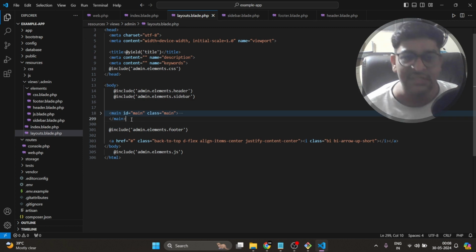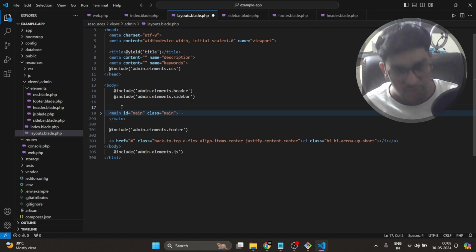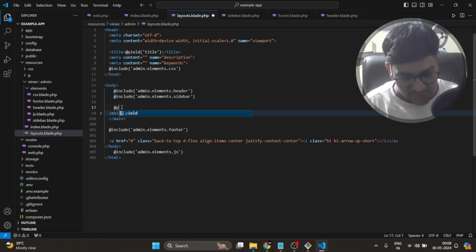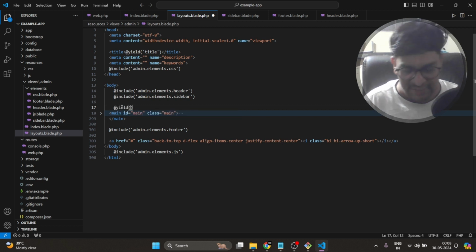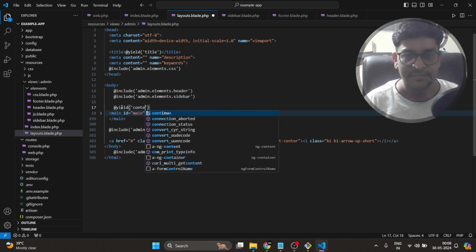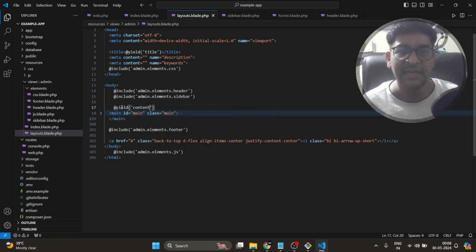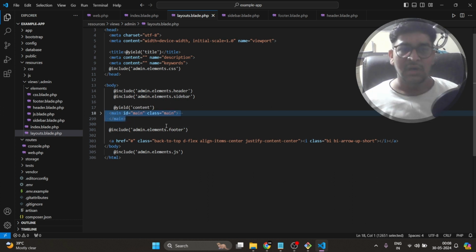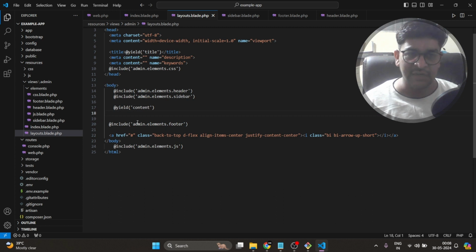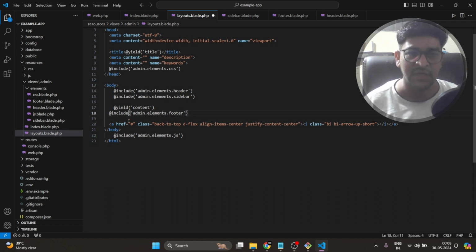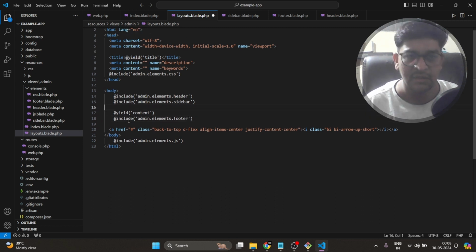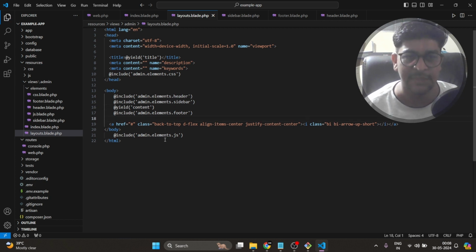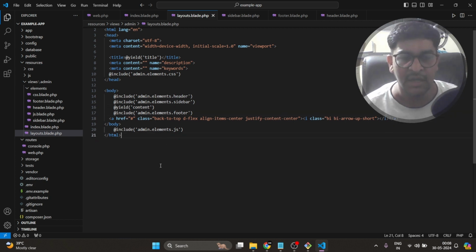Now this is the main content which is common inside every file. So for that what we have to do is use @yield again. So I type @yield, and I just write here content. I can give it any name, but I am just giving this name here. Okay, so I just cut it from here, and everything is separately commented. Now this is what I did so far.